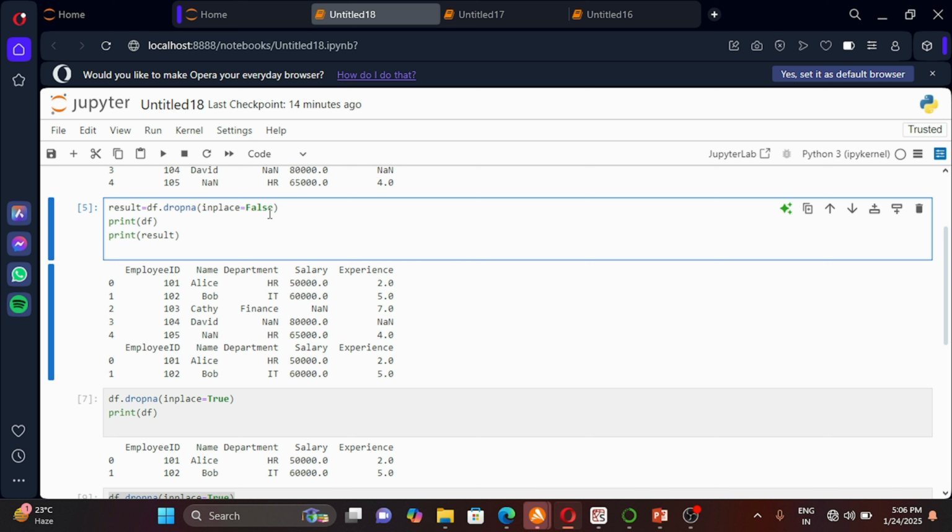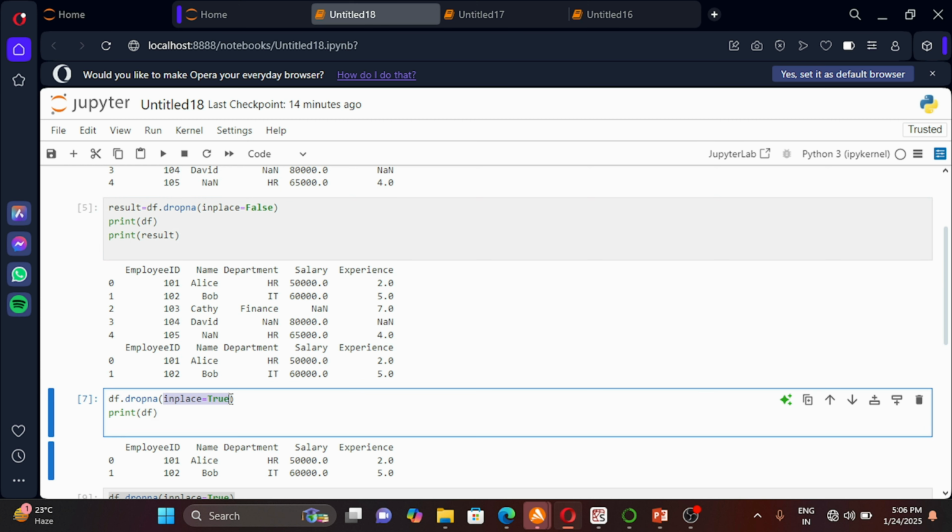So if you do not use a new variable with inplace equal to false, the modified data frame is lost. And with inplace equal to true, the method does not return anything, so there is no need to assign the result to a variable. If you try to assign the result of inplace equal to true to a new variable, it will return none, it is not going to return you a new data frame.